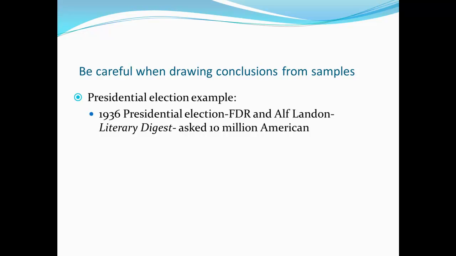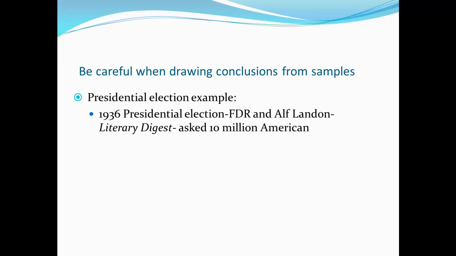So everyone subscribed to Literary Digest got something in the mail asking, who are you going to vote for? But it didn't just sample from its own readership. People that were registered to own automobiles were sent this as well, and also people that had a listed telephone number. So that's who they polled. What ended up happening is they predicted that Alf Landon would win the presidential election. They actually predicted that he would win by a pretty large margin.